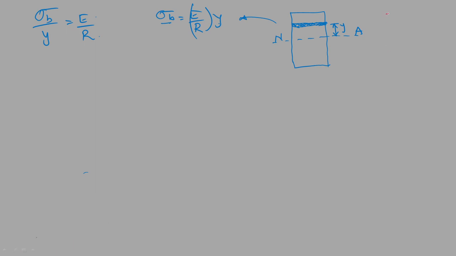Now the distribution of bending stress across the cross section of a beam is in this manner. You are going to get a maximum bending stress at the outer fiber, that means the outermost layer. Based on our condition, this is the tensile, sigma t, and this is sigma c. Bending stress tensile, bending stress compressive. You can go for sigma bc and sigma bt here, right?